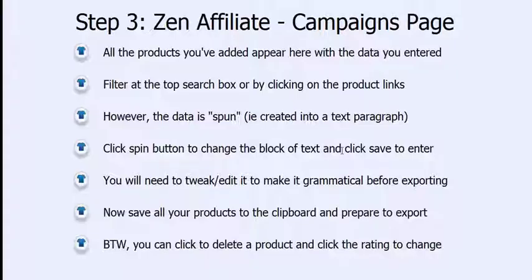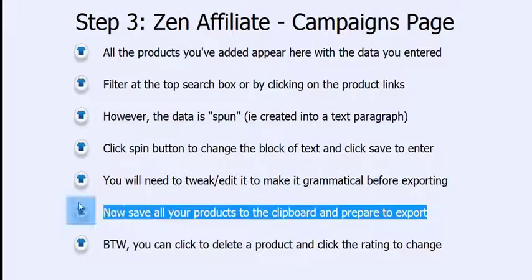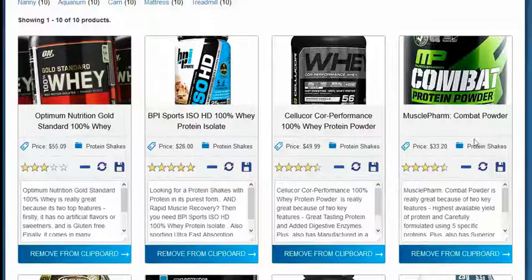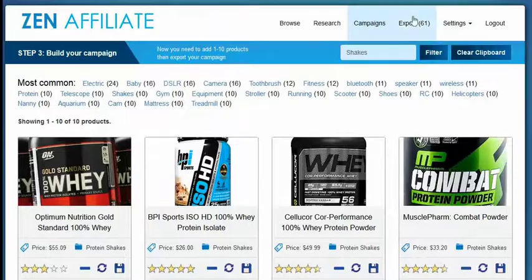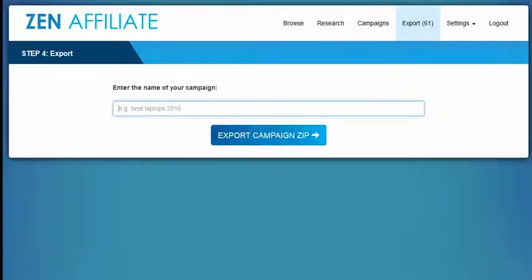And then once we've basically done that, we can then save all of our products to the clipboard and prepare to export. And the way that we do this is just by clicking on the Save to Clipboard button at the top. It will then add that to the export page, and then we go to the top and we just put in whatever the title of our campaign is. So top whey protein strawberry flavor, or just top whey protein 2017. Click on export campaign file,